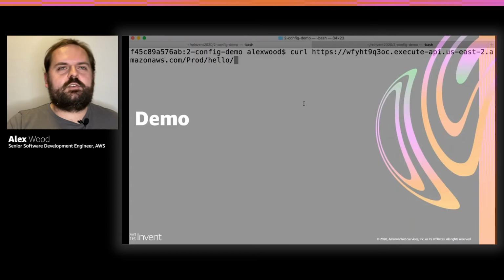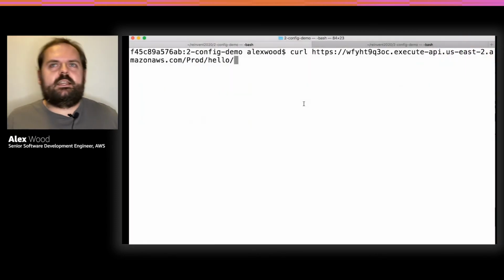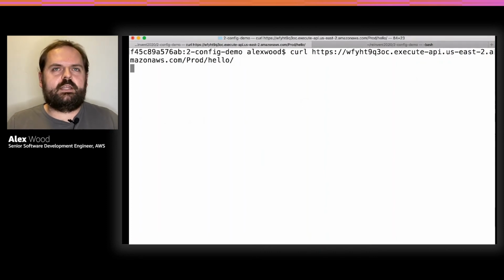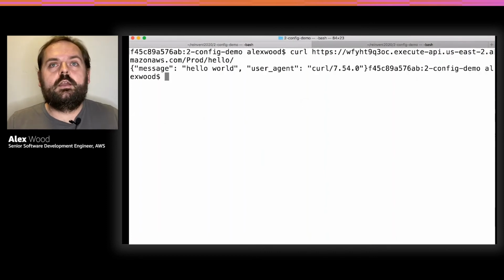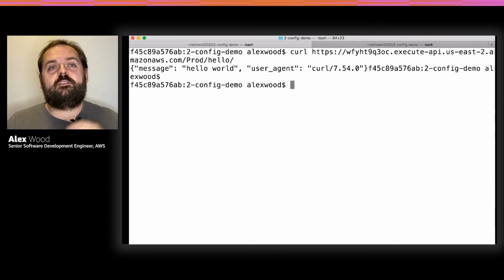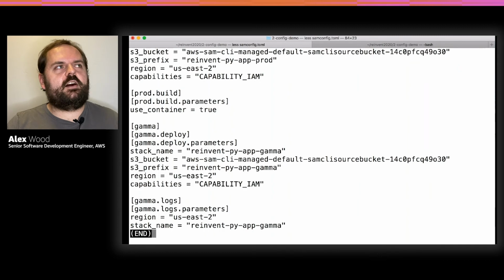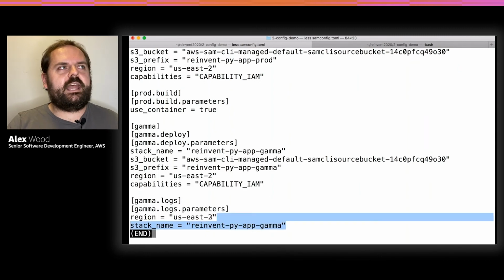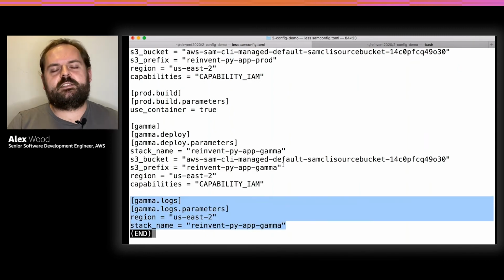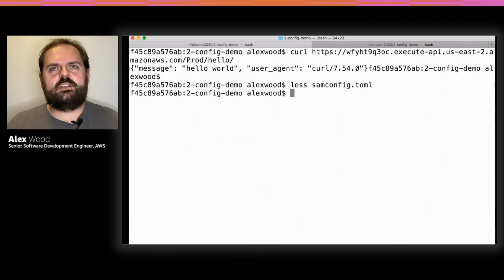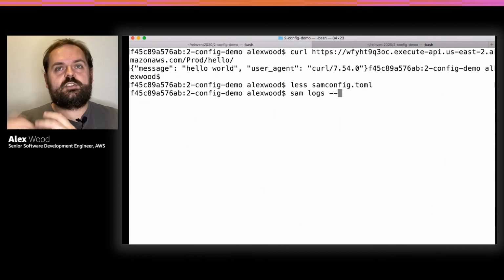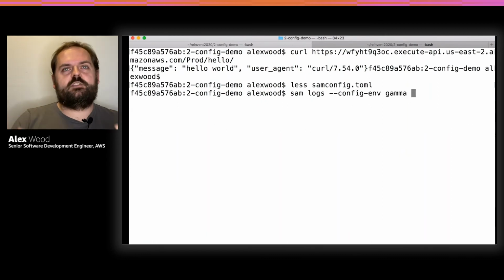So we've gone back to our previous config-based example here. We are running some curl commands against an endpoint, and we want to see what logs were generated. So again, if I look at my SAM config, we can go down and see that on the Gamma stack, we have parameters specified that go into our logs command, so that we're not going to be specifying the stack